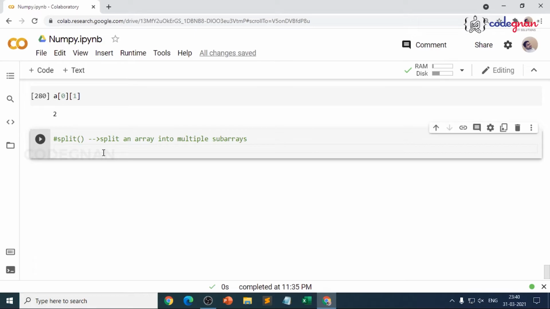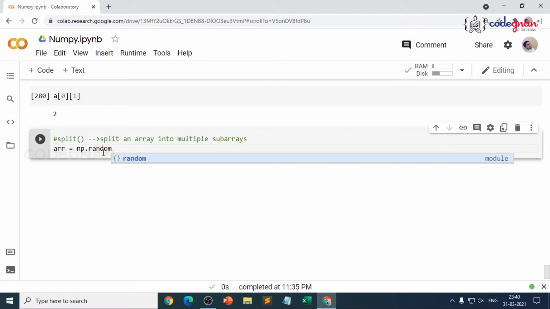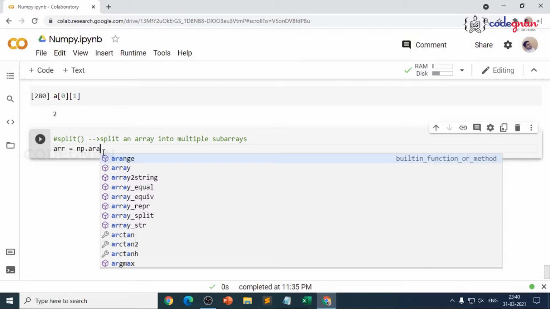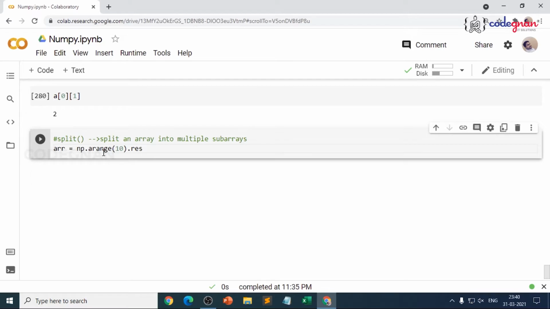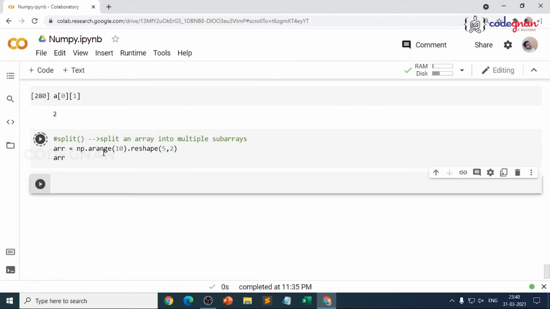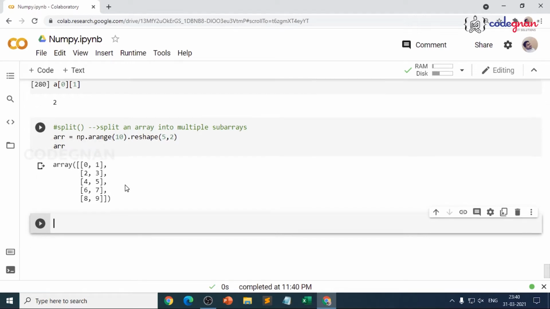So for that, I'll take an array. I declare an array arr is equal to np dot, why can't I take random, right? Or if you want, just throw in the format of a range function so that you could see the numbers clearly, that would be better. A range of 10, where I want to reshape this. So what are the possible things you have? 2 5s, 1 10, 10 1s, 5 comma 2. It's better to go for 5 rows and 2 columns. So when you print ARR, you see from 0 to 9. This is very simple, which we already know.